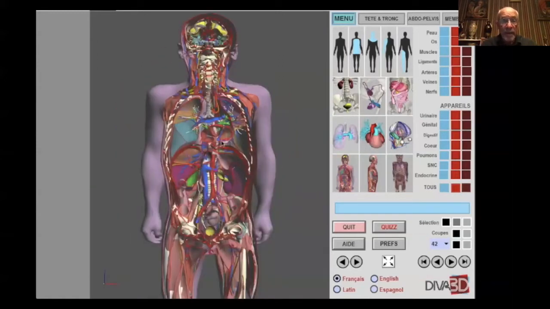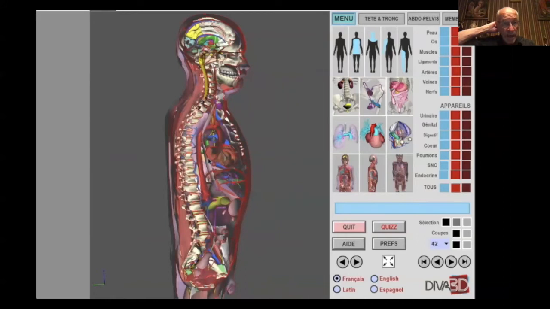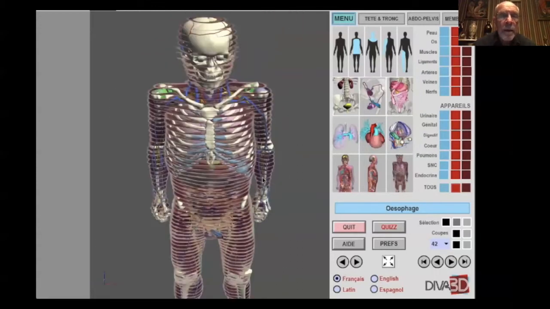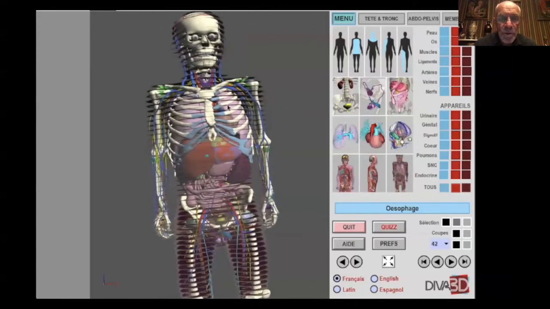to the sagittal plane. This is the frontal plane. You see the structures, and the sagittal plane. And here I would like to show you something very important. Of course, you can imagine if you choose a structure and you click it with your finger, it will be announced, and you have in the blue window on the right, you have the name in 4 languages, in English, in Latin, and in Spanish. So you can study anatomy and learn anatomy. You need the name of the structures because it's very complicated.